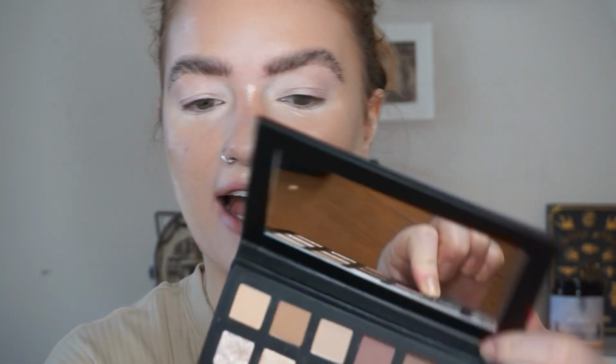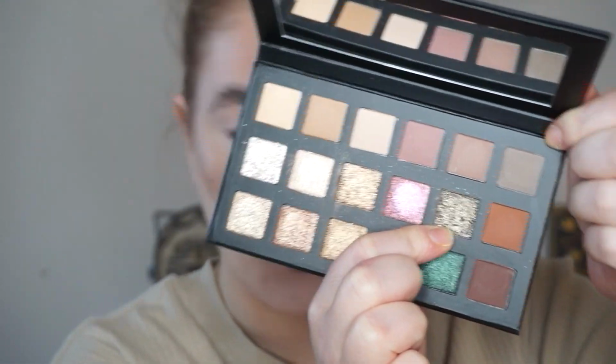Not gonna lie, I think I have to use this shade. What is it called? Wind. I gotta use it today. But I'm going to start with,